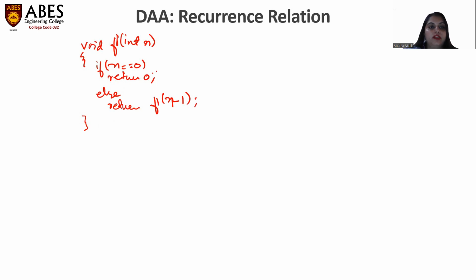So for calculating the recurrence relation from this, we have to see how much time it will take to execute this algorithm. The first statement will occur one time, the second also one time, and the recursive call will depend on the time taken for this function call with the value n minus 1, right? So if I write the recurrence relation,